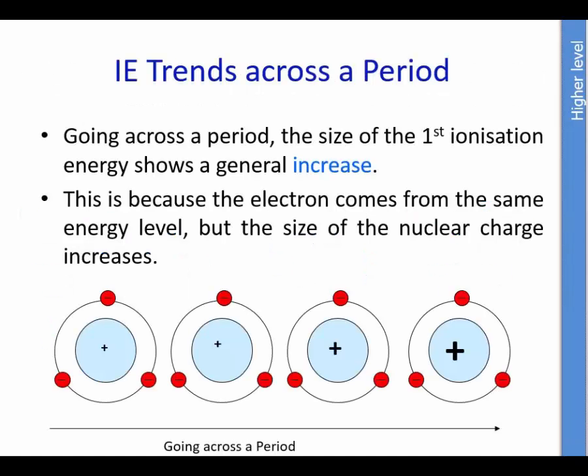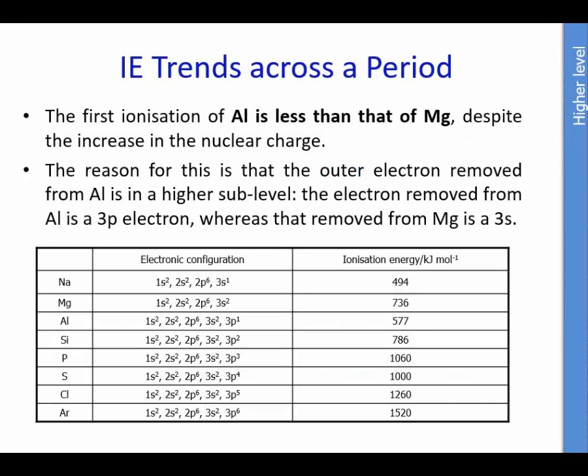So as you can see here going across the period, the ionization energy increases as you go across because the nuclear charge increases, but you're in the same shell. There's a diagrammatic, there's a table here that shows there's quite a strange thing that goes on with this. It doesn't just constantly increase the ionization energy as you're going along a period, and that is because